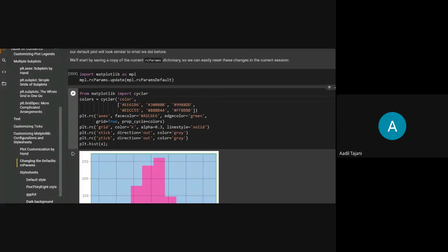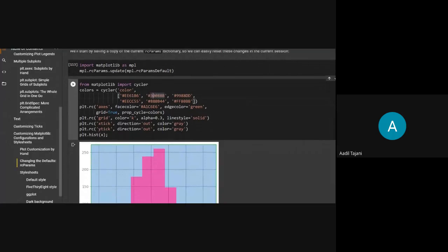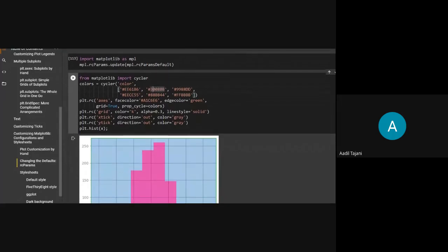So first, if I plot anything, by default, this color would be used. Okay, I have passed some hex strings. You can also pass colors by name as we saw earlier. So these are the six values that I have defined. And if I go on plotting, if I do a second plot, then it will use this color. Third plot will use this color. So this is how I defined that I want Matplotlib to cycle through these colors.